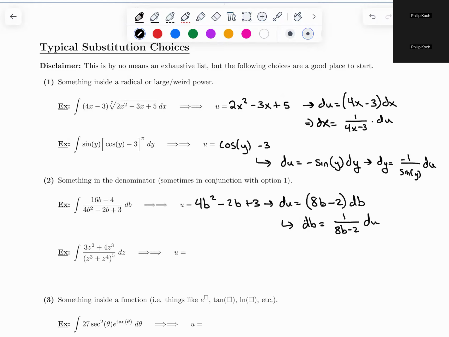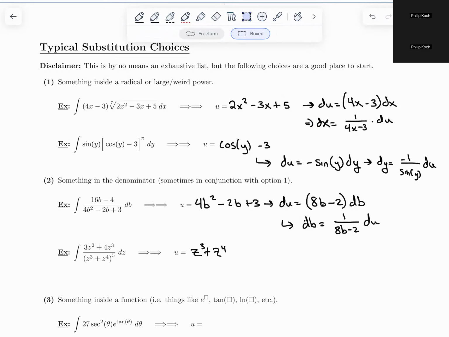The next one. So the next example is a perfect example of something in the denominator in conjunction with a large or weird power. The denominator is z to the third plus z to the fourth, all raised to the fifth. But if you make u equal to the whole thing, so don't write this down, the entire thing, it won't work out nicely. There may be a way to fix it, but it would be really, really algebra tricky and unnecessary. Instead, you just make it the inside of the weird power